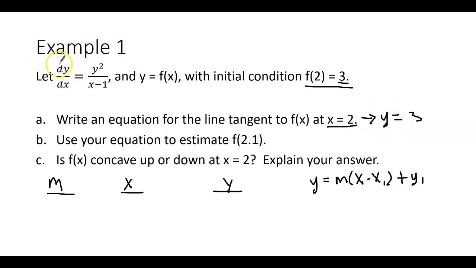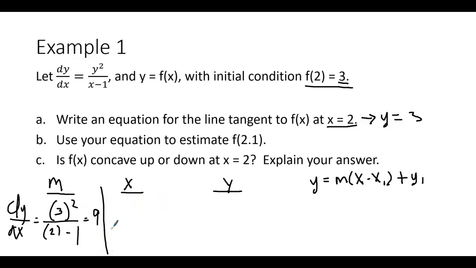And that's important because if you want to find your slope, you have to use your derivative, which is dy over dx is equal to y squared over x minus 1. So if you want your slope, you need to know both y and x. So I actually do know both of them. The x goes here, and the y goes here. And that ends up giving me a slope of 9 over 1, which is just 9. So there's my slope. All right, so to find your slope, you need to plug in the x and or y value that they give you to find the slope. You plug that into your derivative, right?